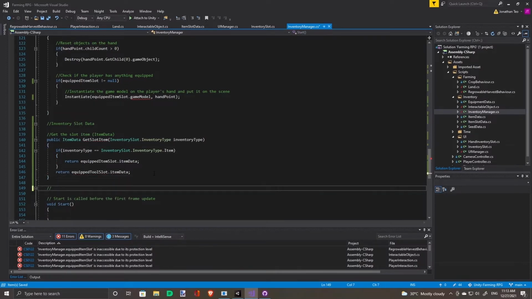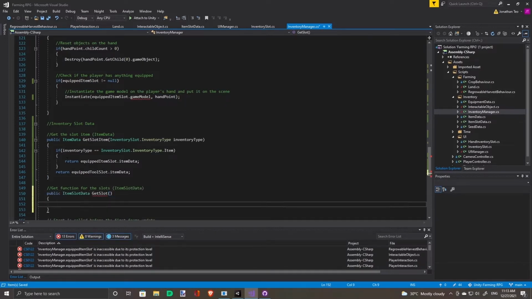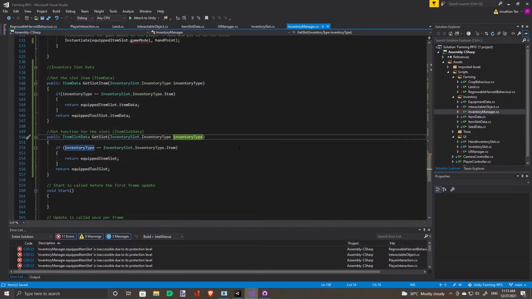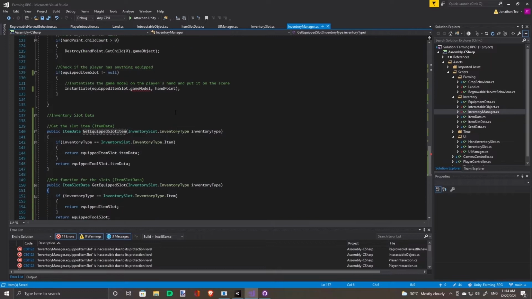And we're going to do a get function for the slots. It's the same thing, but instead of item data, we get the slot itself. It's not just taking any old slot, it's only taking the equip slots. So instead of this, we just get the equipped slot item.